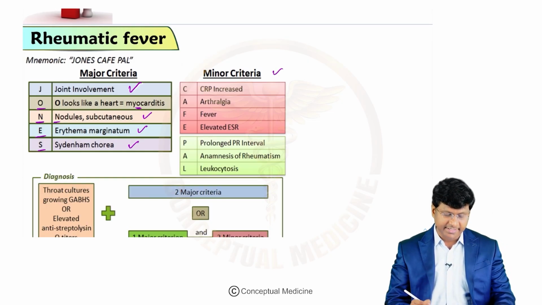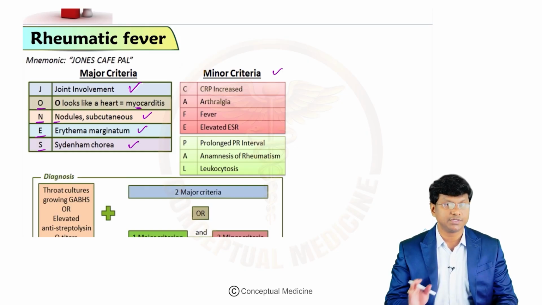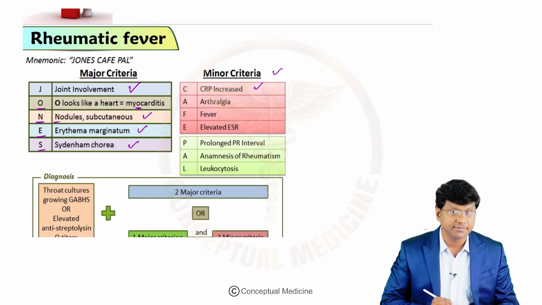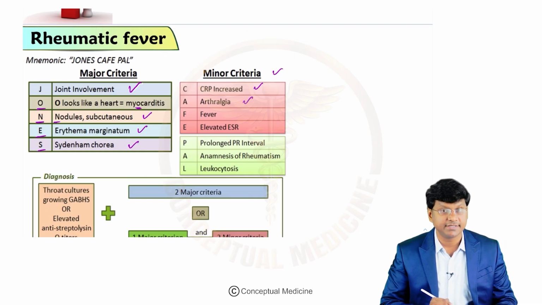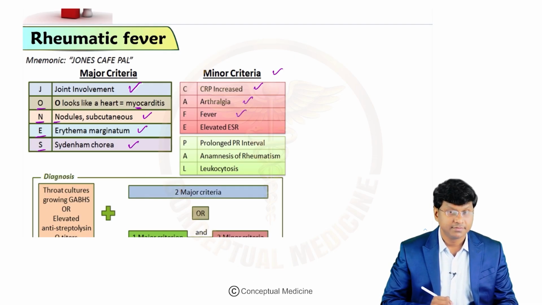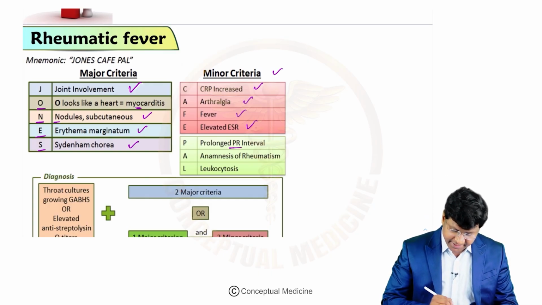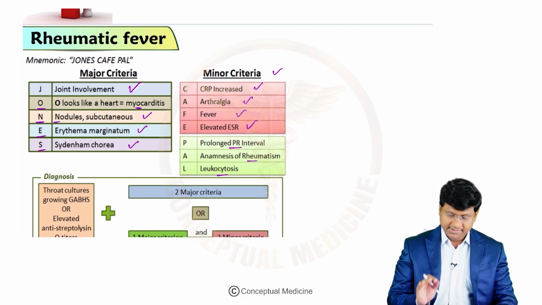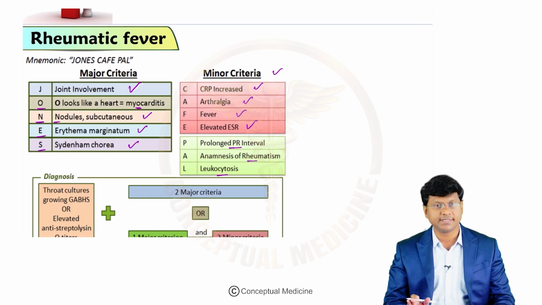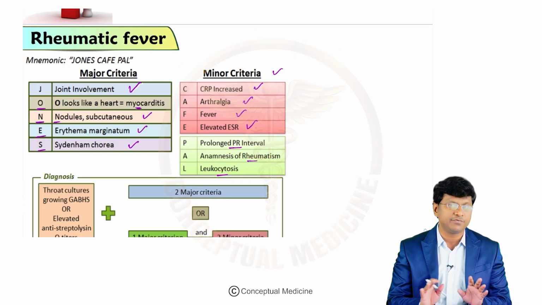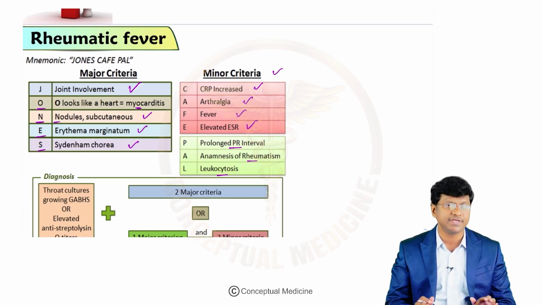And what will be the minor criteria according to the Jones? C-reactive protein is elevated, presence of arthralgia, fever, there will be elevated ESR, there will be prolonged PR interval, anamnesis of rheumatism, and then leukocytosis. These are the minor criteria according to the Jones. Now, but this is not being followed in the recent guidelines. According to the recent guidelines,